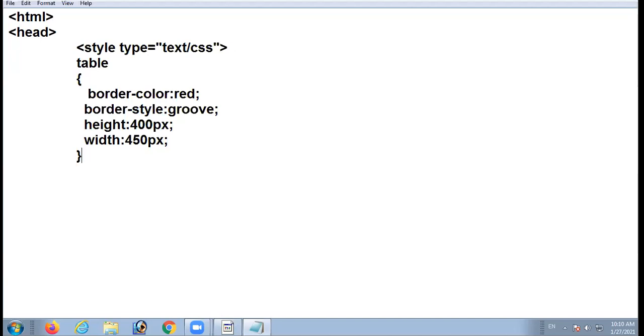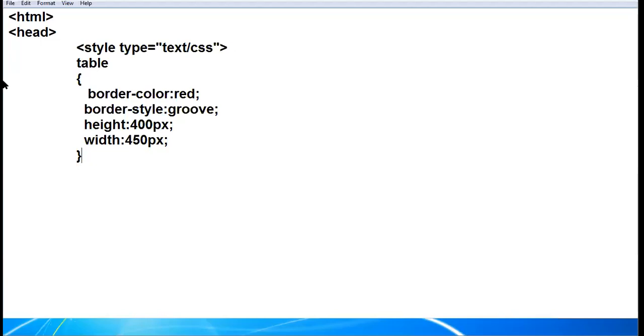These are the properties which I want to apply on the table.